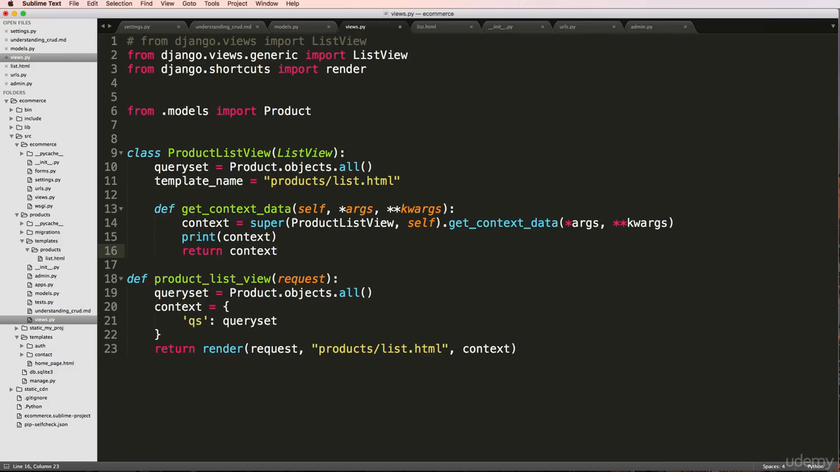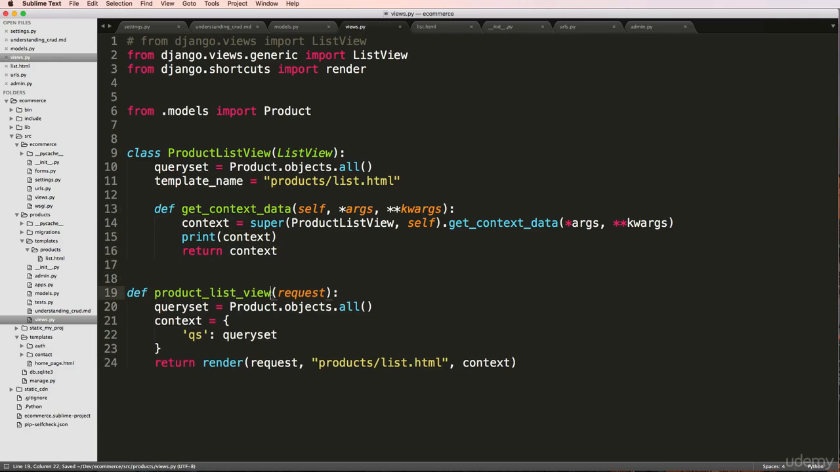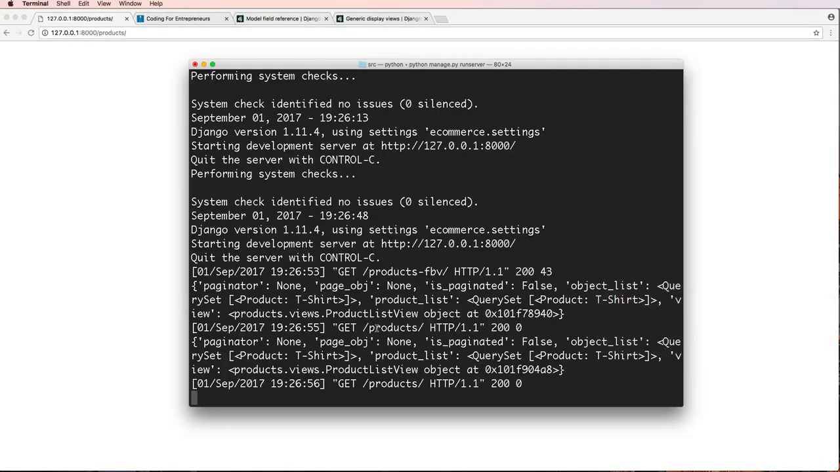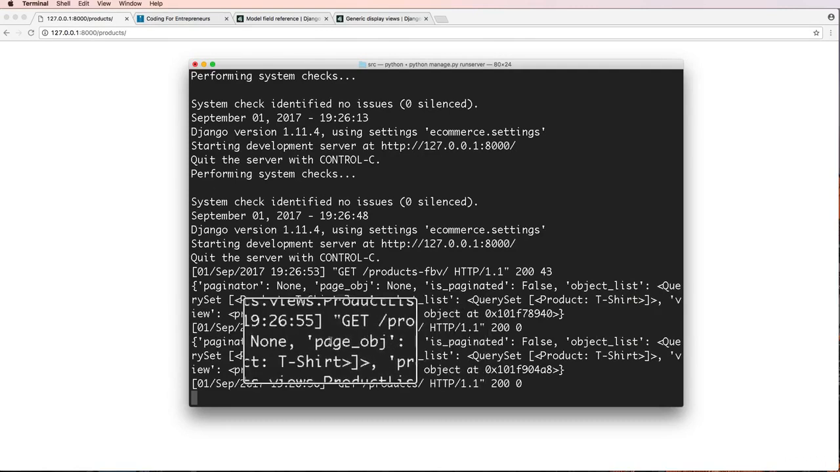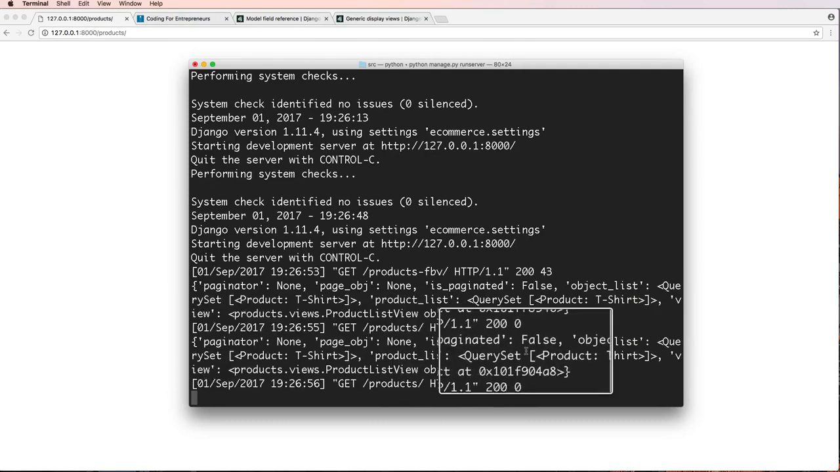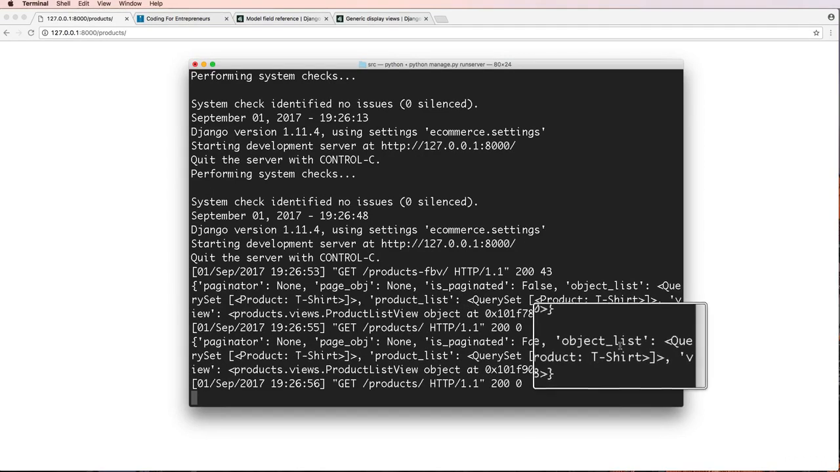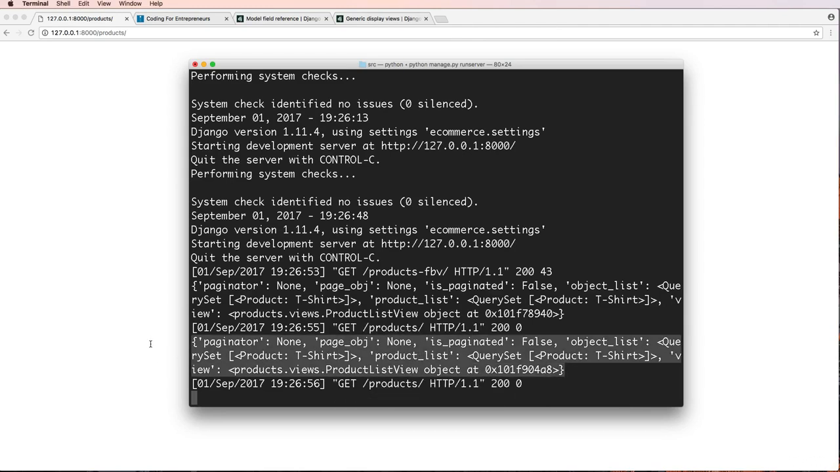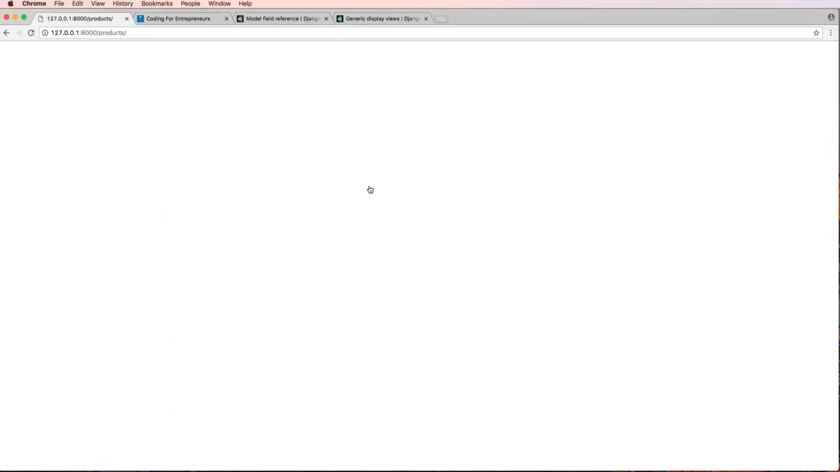Okay, so we now have a way to get our context or see what our context is inside of this generic view. So let's go ahead and look at our generic view. I refresh in here, look at my terminal. What do you know? So I have a few things in here. I've got paginator, page object. We've got none on both of those. Is paginated, false. Object list. There is some product or query set related stuff. And then product list. And then finally view. So it gives us literally all the context that is being passed